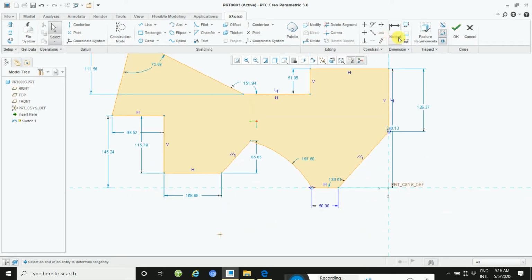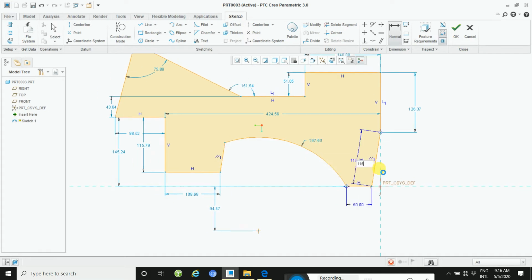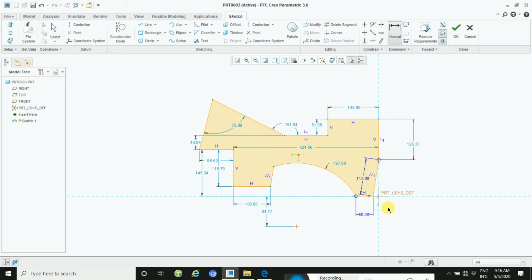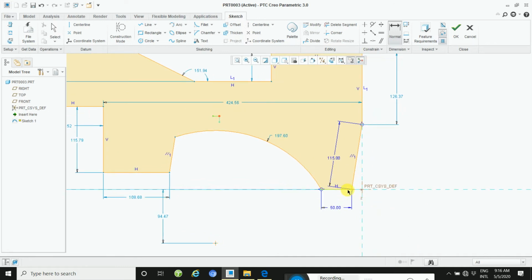Go through Normal, click this point, first point, then end point, then mouse middle button here, click 2 times. Then define this dimension 115. Control plus and then adjust this dimension.